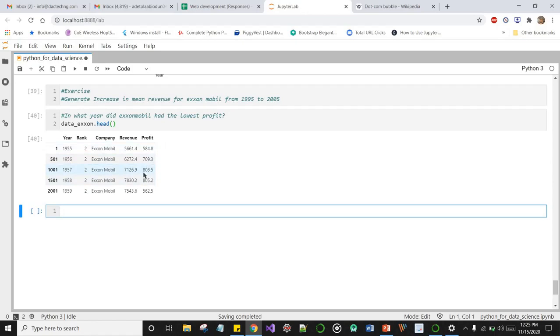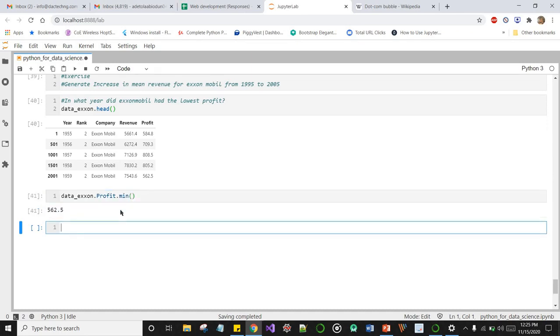So you would have guessed that we would have to select the ExxonMobil profit column, right, and use the minimum method, the min. And the minimum profit for ExxonMobil was 562.5 million, right?